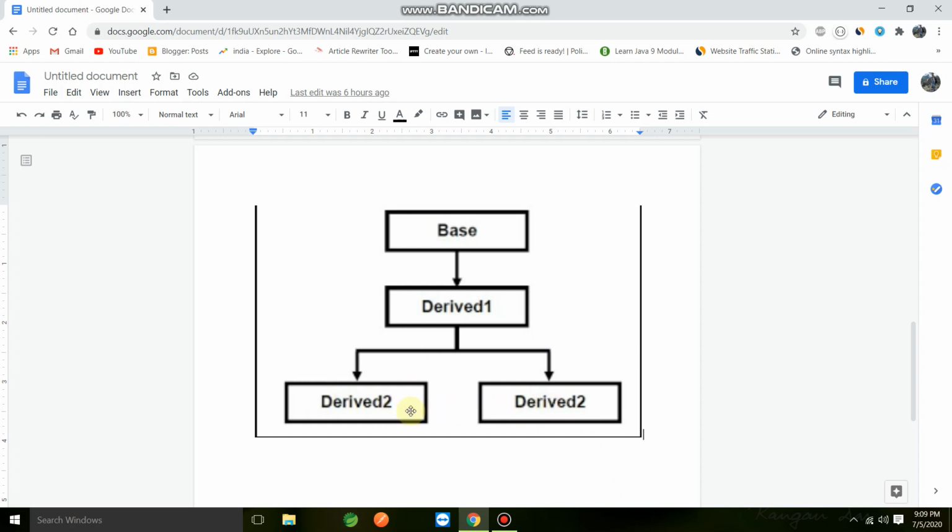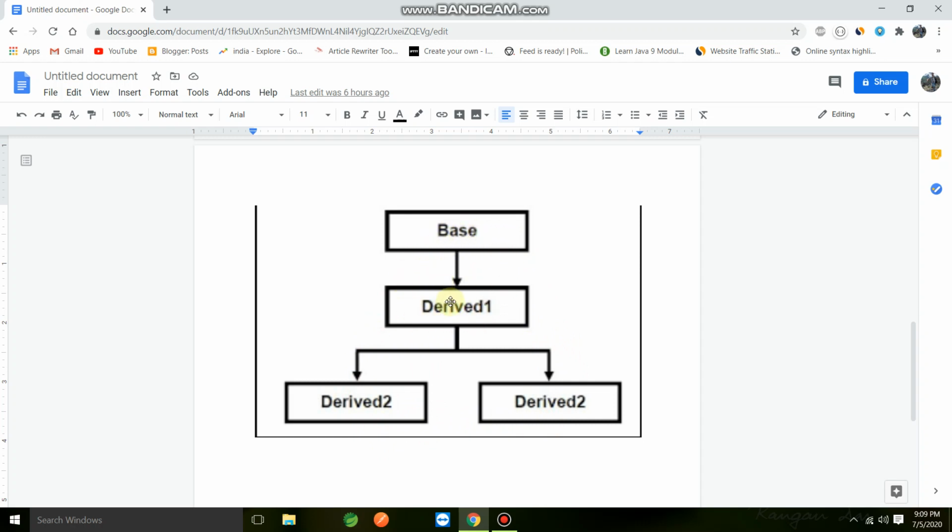For both these child classes, we have one parent class. This type of inheritance is called hierarchical inheritance, which is supported by Java. So both kinds of inheritance are supported by Java. This entire part is hierarchical and this one is single inheritance.